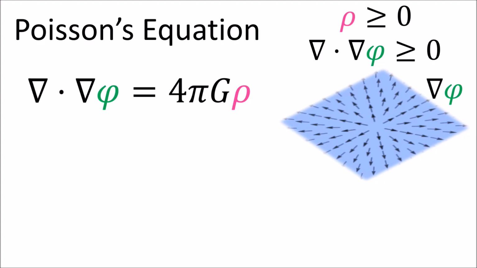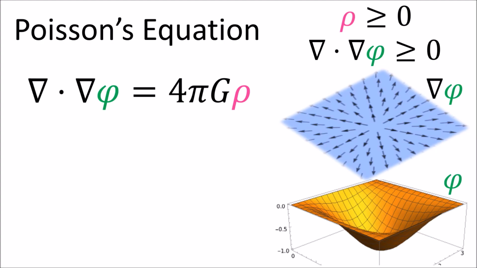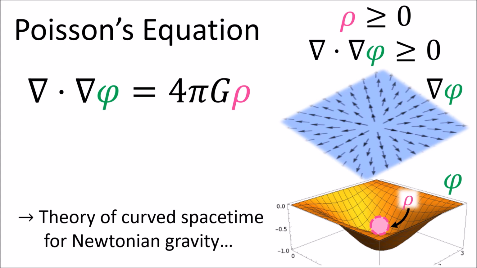And the scalar field corresponding to this vector field is shaped like a well, since the gradient vectors point to the highest potential. So basically, in Newtonian gravity, mass density creates wells in the gravitational potential, which attracts other mass, since mass always wants to get to the lowest gravitational potential. We're going to use Poisson's equation later, but for now, let's see how we can create a theory of curved